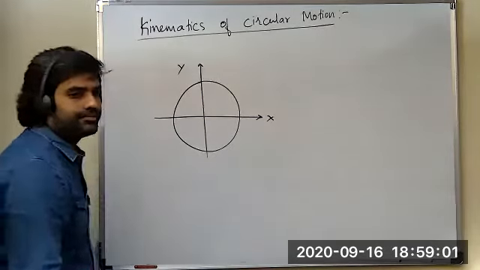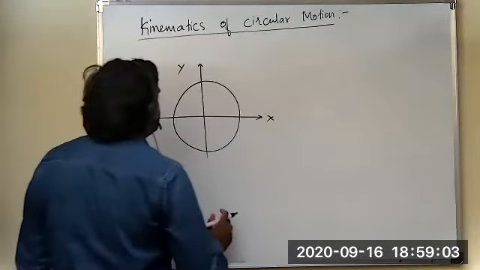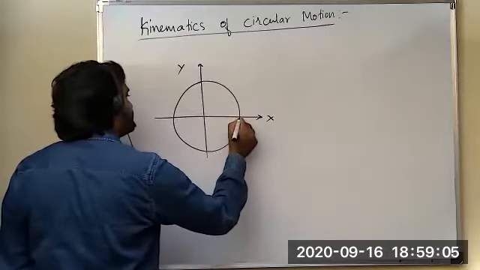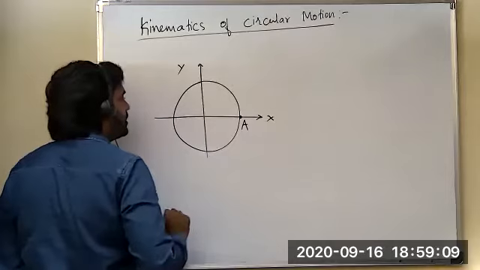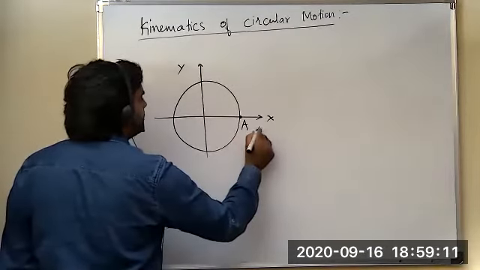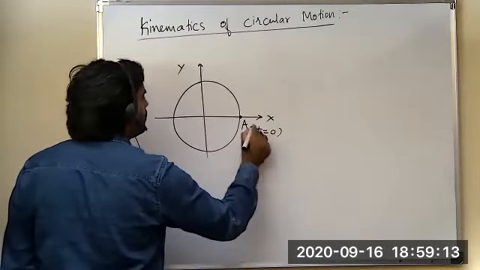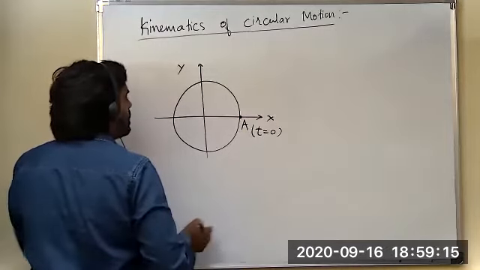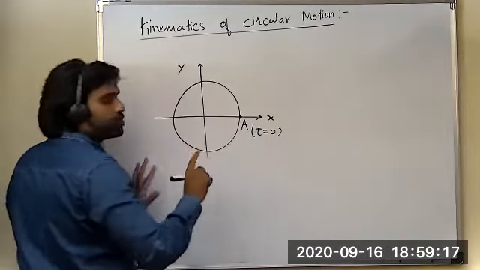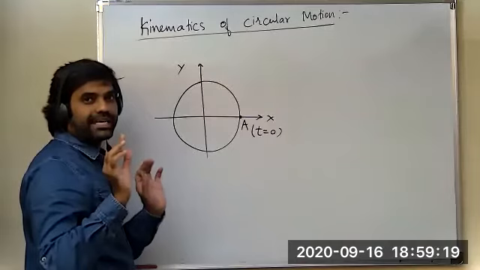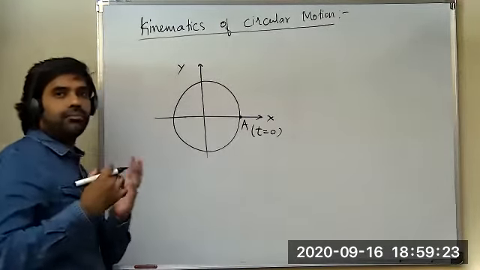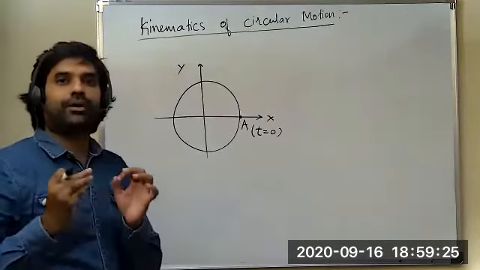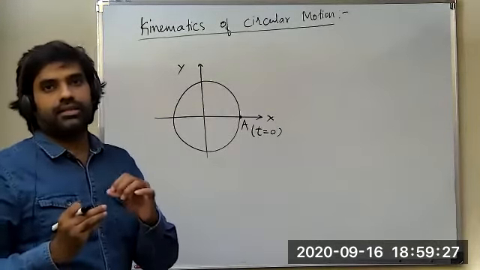So listen students, let us consider a body is moving in a circle. The initial position of the body is point A, meaning it started at t equal to 0 from point A. Now I am going to analyze the circular motion, students, in the xy coordinate plane by using vector analysis, so that you will come to know the relation between the different parameters that are governing the circular